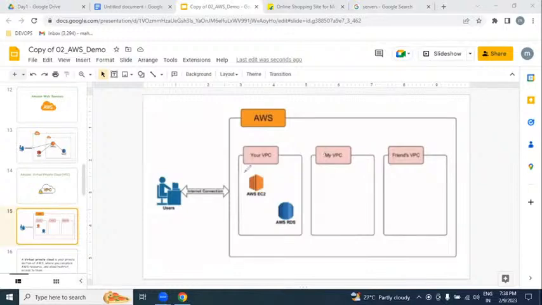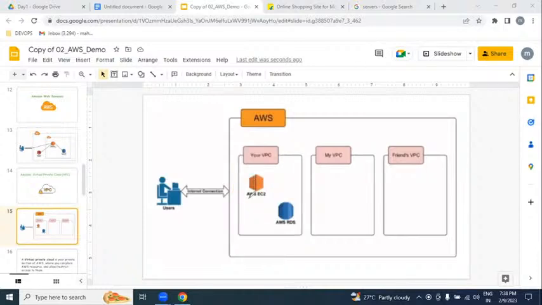Each and every network is very secure and private. After creating the network, we can create resources. These resources no one can access without permission.